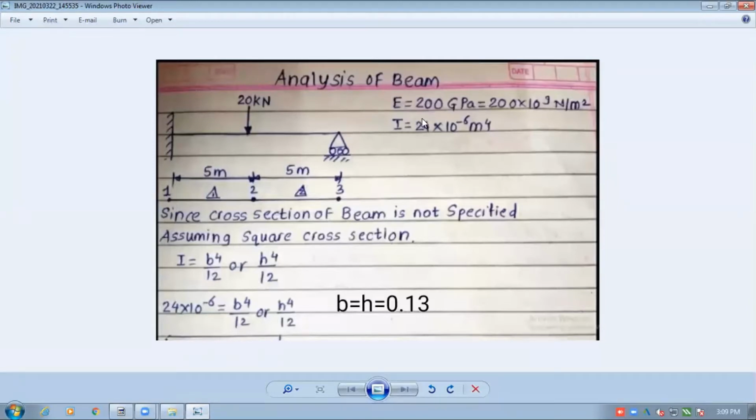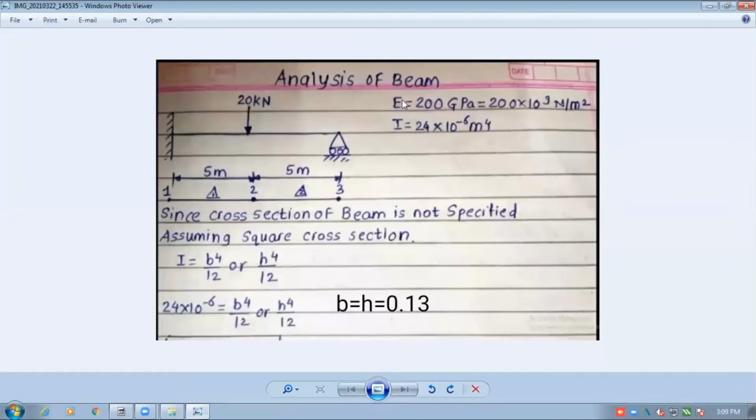If you see here, a single value of I is given, that means a single value of moment of inertia is given. So obviously it will have the same cross section throughout the length of 10 meter. Based on this criteria, you are not able to discretize it. The second criteria is change in material.